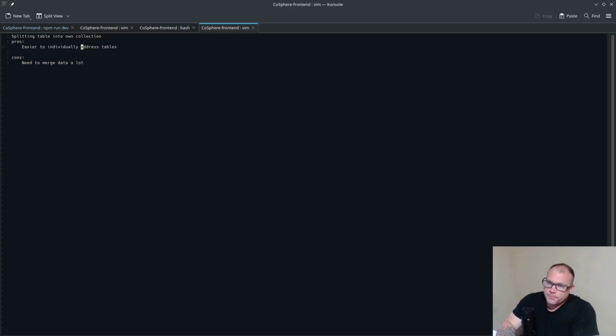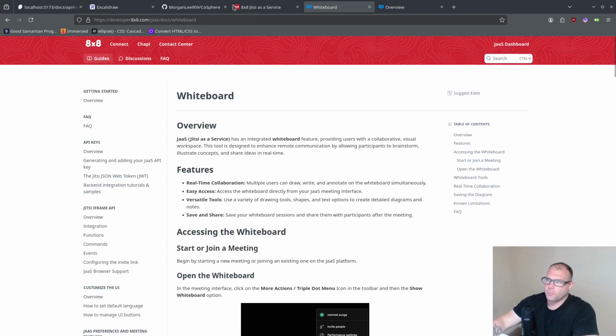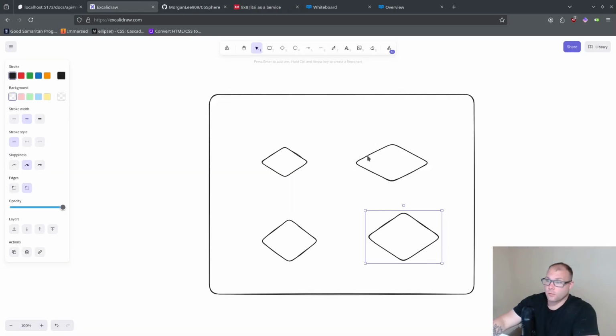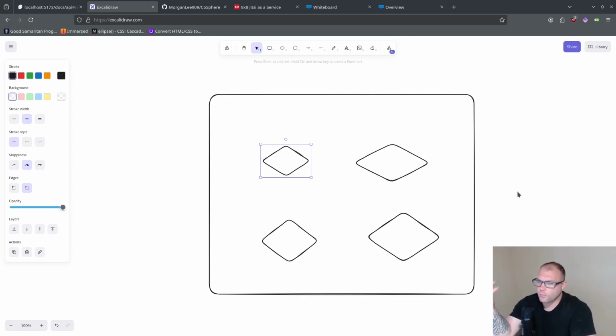So right now, tables, I'm thinking that tables will be in their own database, their own collection. So instead of having just location, which has an array of tables, I'll just have